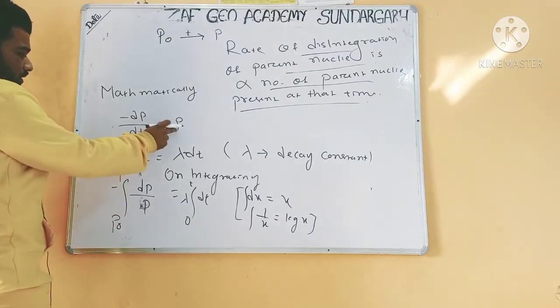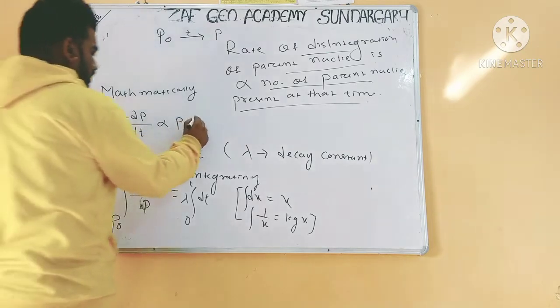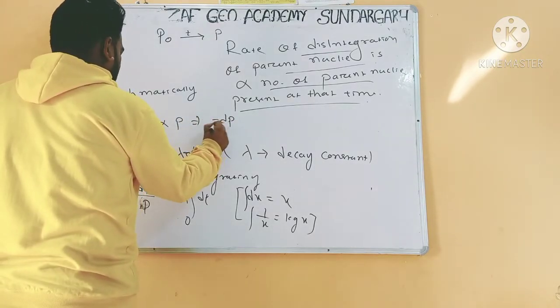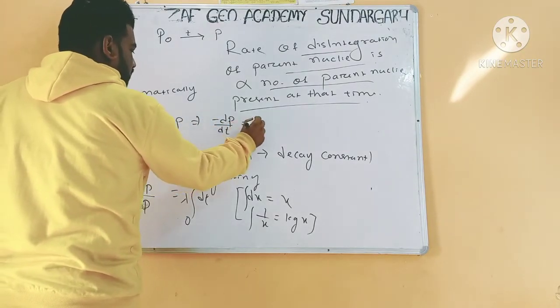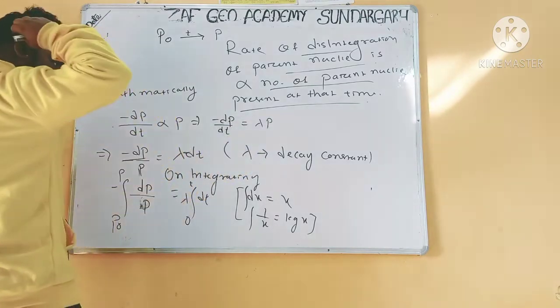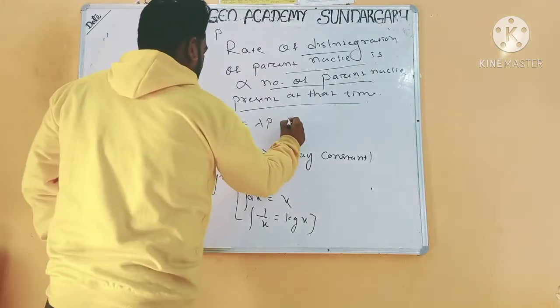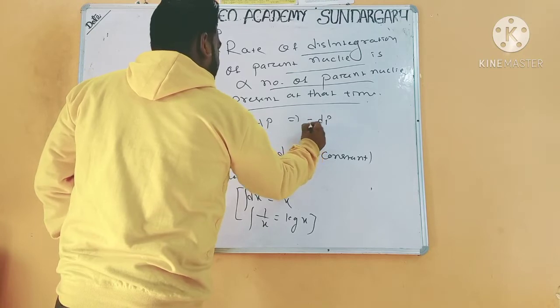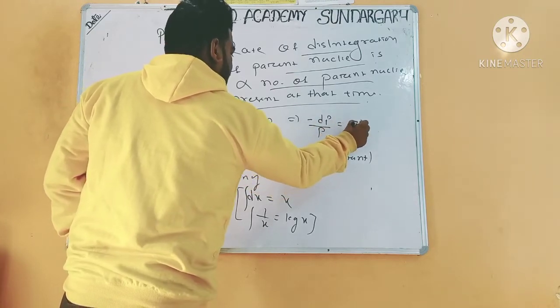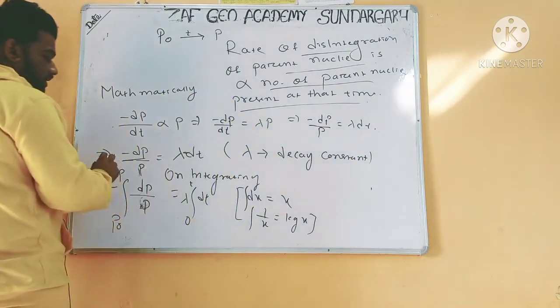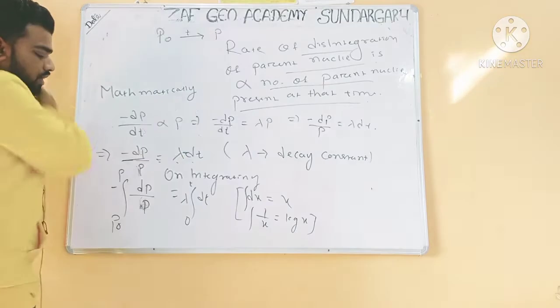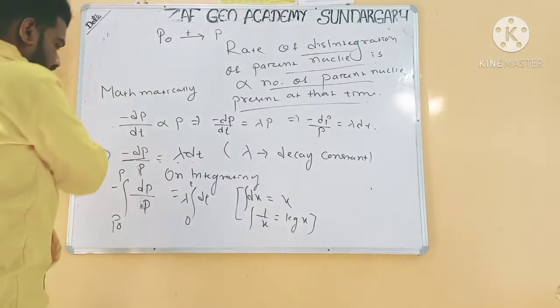Minus dP by dt is equal to lambda P, where lambda is the disintegration constant. Now minus dP by P is equal to lambda dt. Now on integrating both sides,